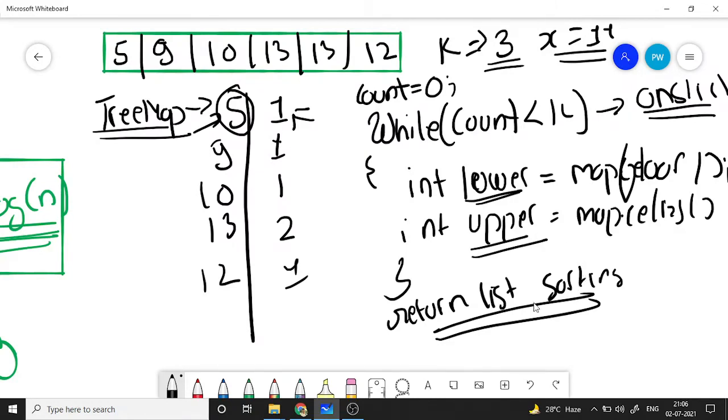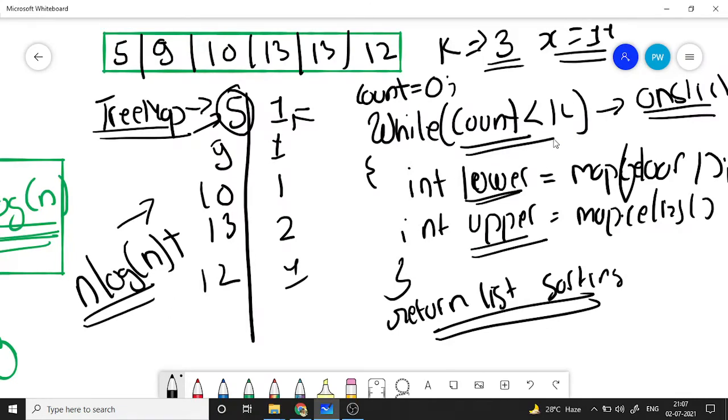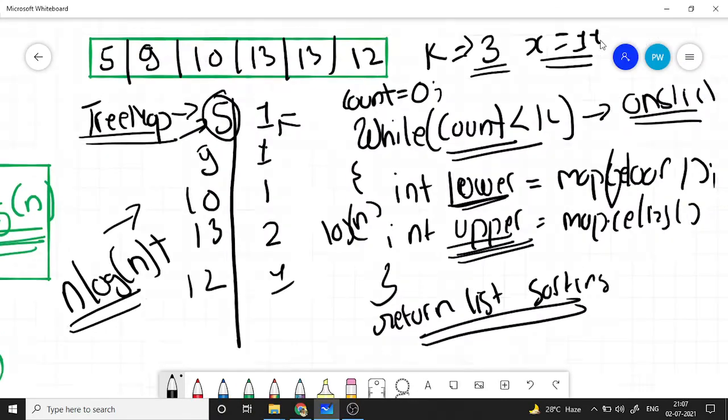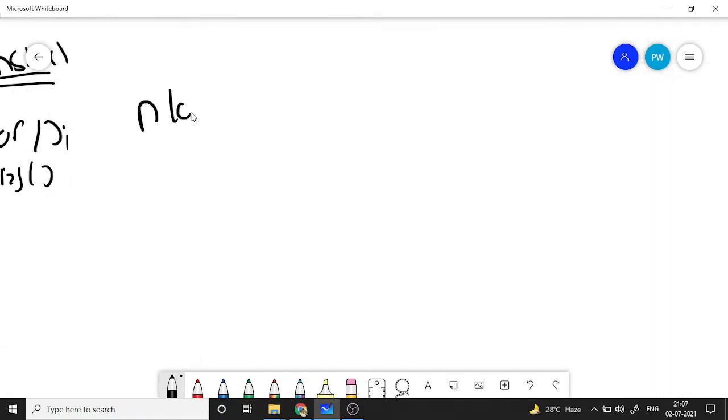So the overall time complexity will be, in order to create this map we are going n times, so it will be n log n, plus we are doing this while loop operation. The while loop is running for k times, and for every operation we are finding a floor and the upper value, so it's again a log n time operation, so it will be a total of n log n plus k log n.